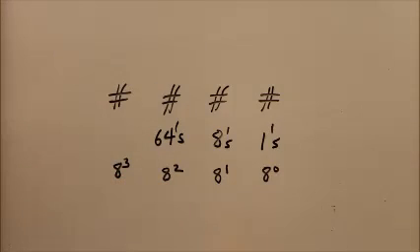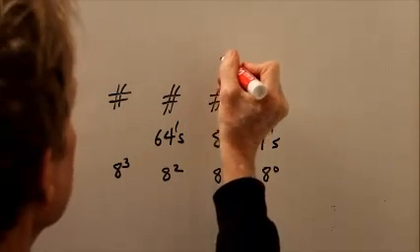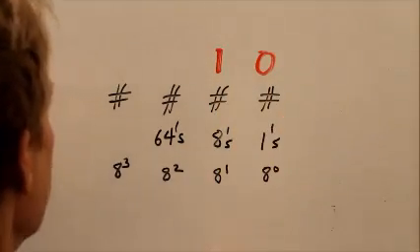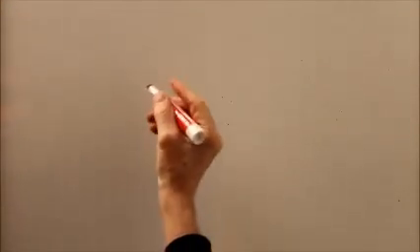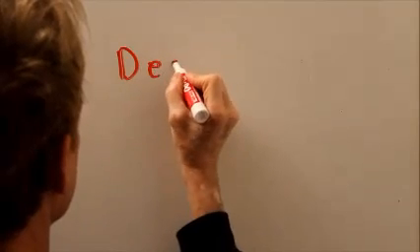We get 8 cubed. What's that? 64 times 8. You do the math. 64 times 8 will be this place, but we don't need to worry about that here. We only need to worry about this. That is the quantity that we're given. 1 eight plus 0 ones. So in the decimal numbering system, this quantity equals the decimal